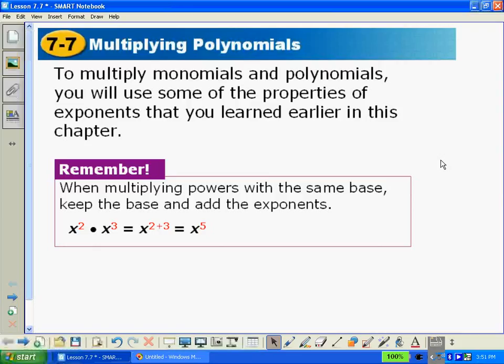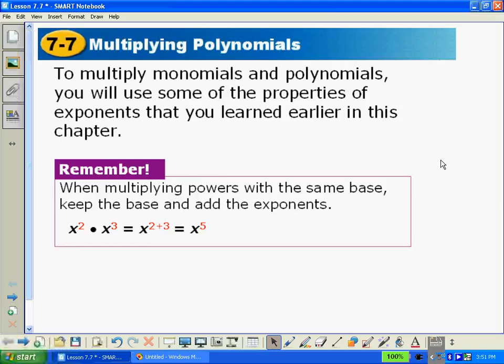Today we're going to be talking about how to multiply polynomials. We're going to basically go through four types. The first one is multiplying monomials times monomials, which actually we've already done. The second one is a monomial times a polynomial, then a binomial times a binomial, and then any polynomial times